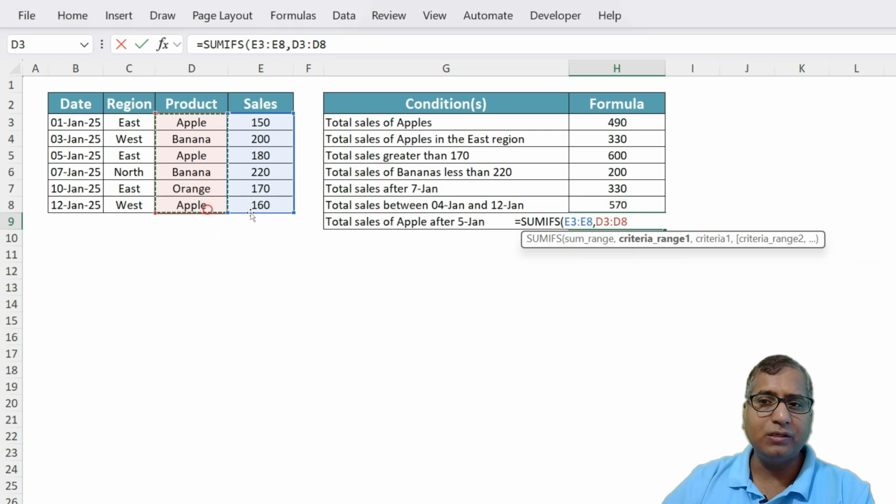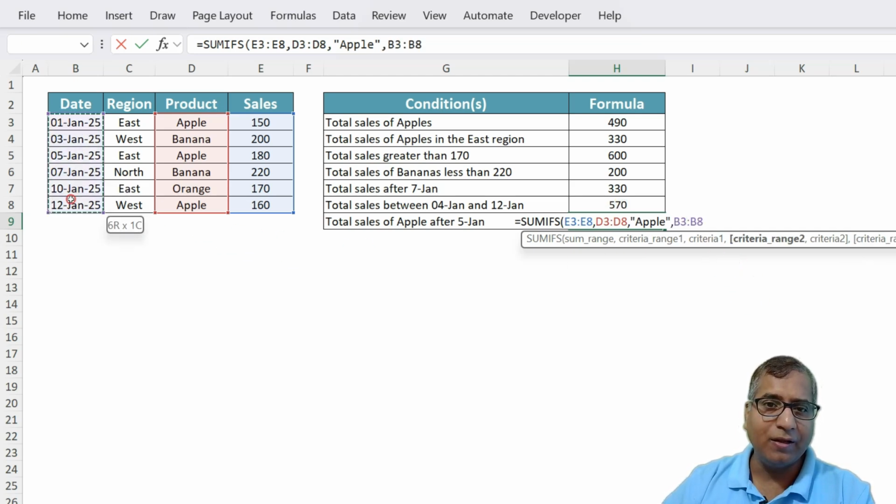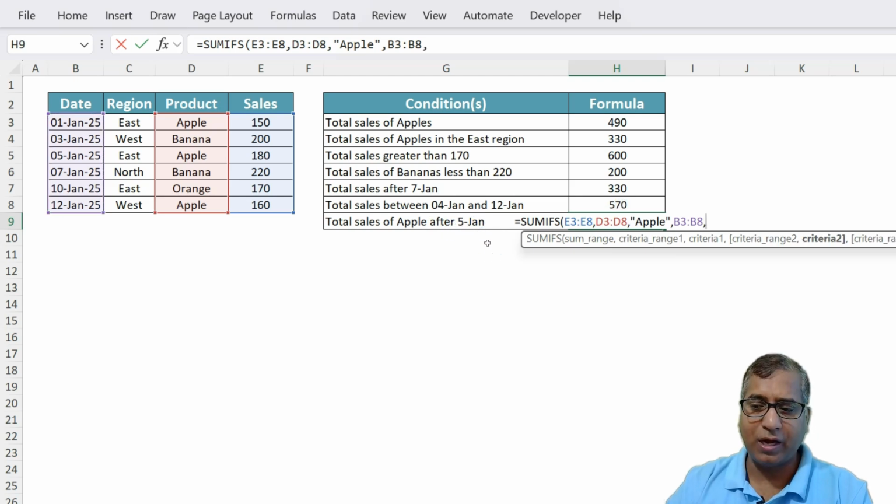So it's product and criteria would be Apple, followed by second range would be date, and we are saying after 5th of January. So criteria would be greater than 5th of January,